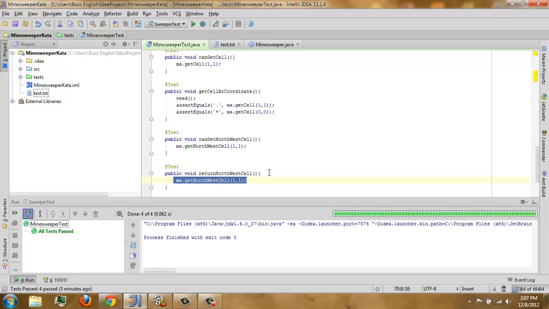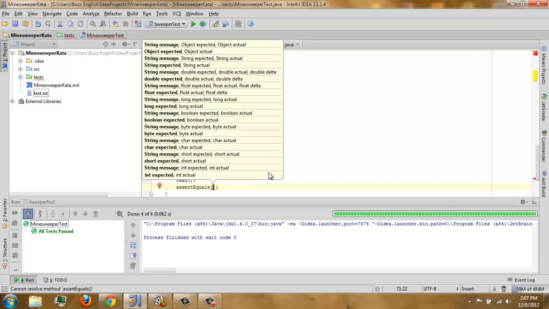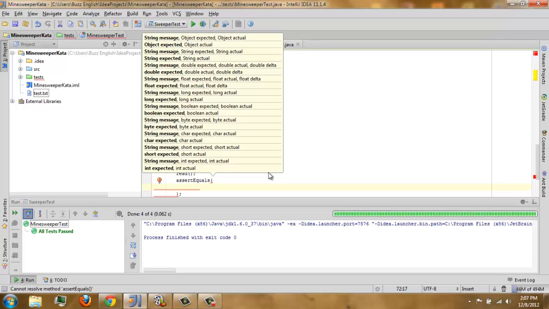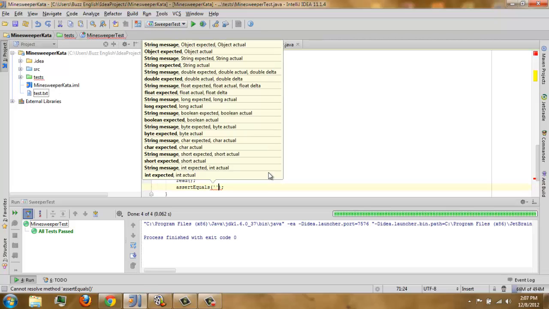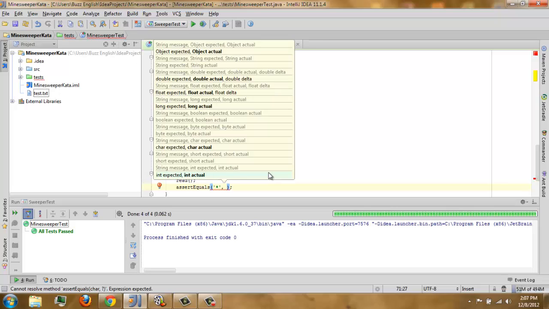We'll have our read, then assert equals. We are expecting that the northwest of our 1 1 is a mine. So mine, compared with our ms.get northwest cell method.